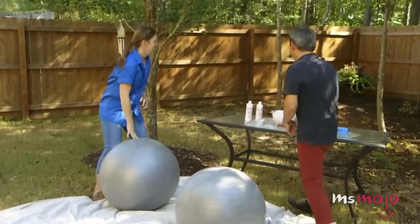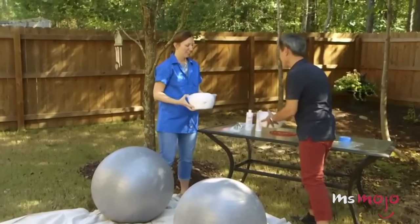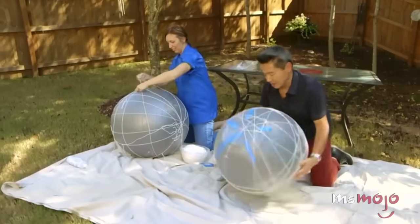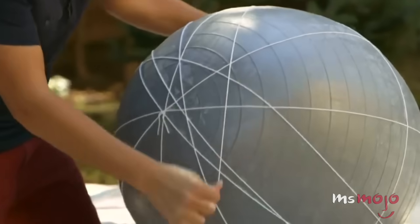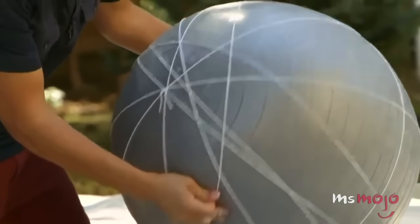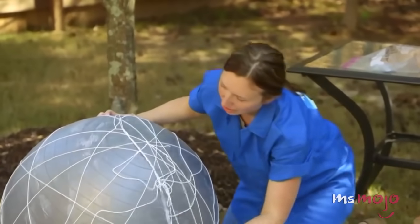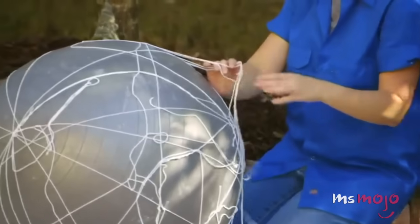The reboot has already gifted us with a spectacular fail. In Vern Yip's first appearance, he's trying to teach a woman how to create a light fixture out of yarn and an exercise ball. It sounds like a pain in the butt, and Yip openly admits that it is. And while Yip's creation admittedly looks pretty cool, the homeowner's is a droopy mess, complete with loosely hanging yarn, knots, and a general lack of cohesion. It's a complete disaster, and it's a great example of why you should never force DIY-averse people into doing DIY projects. It just becomes a